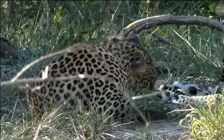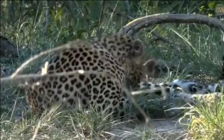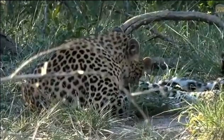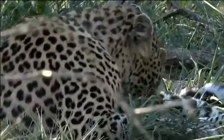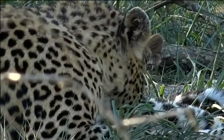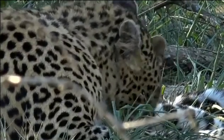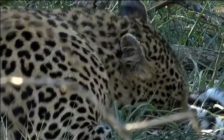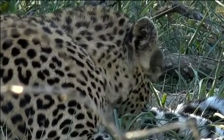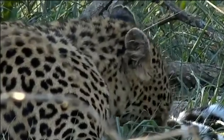We are so lucky and so privileged to be able to witness this, and to be able to show all of you and bring you along for the ride is the most special thing, because a leopard cub, there are many people out here, and I'm sure Steve alluded to the fact yesterday, and I was chatting to him about it after drive. He was telling me that this is the smallest leopard cub he's ever seen in his entire guiding career. Now, Steve has guided a lot, and he's guided in lots of different parts of Africa, and so it just goes to show you how